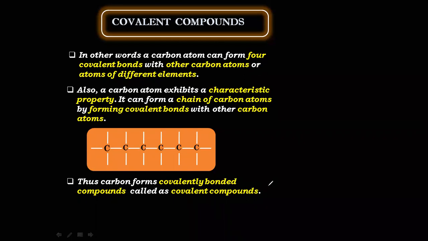We were talking about, few students had these doubts: okay ma'am, can I make the structure of C2, meaning only 2 carbon atoms? I cannot make this structure because each carbon needs 4 bonds to become stable. और ये दोनों के बीच में समझो एक बॉन्ड बना दिया, 2 भी बना दिया, 3 भी बना दिया, तो भी 4 बॉन्ड तो दूसरा बनाना पड़ेगा ना. So here some other element is going to come and attach in this place and in this place. So I'm never going to get the structure of C2.